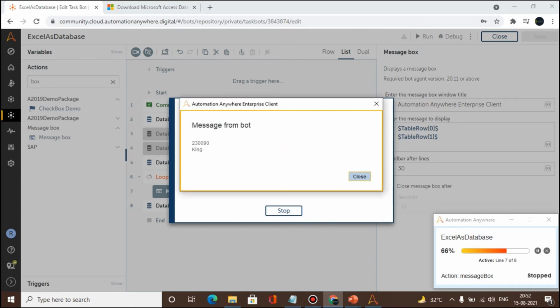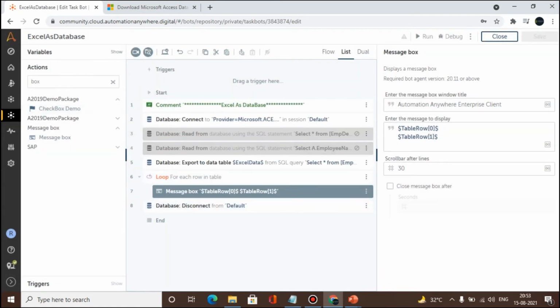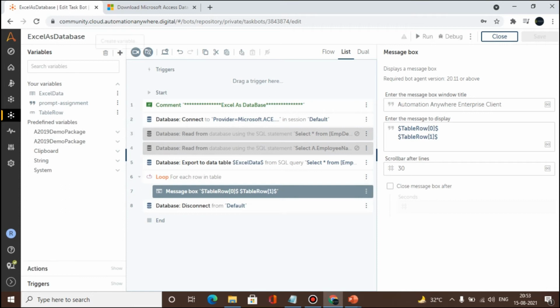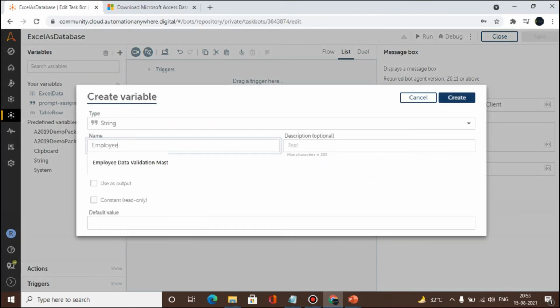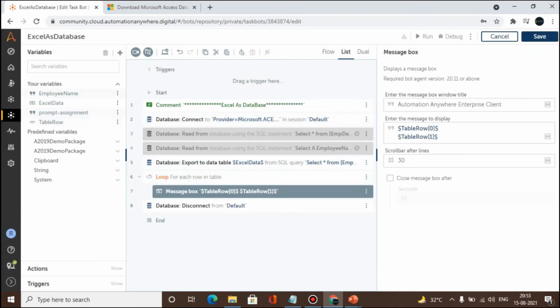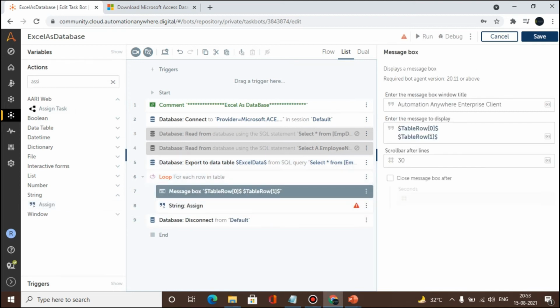Okay, so what you have to do here, let's say I am just going to create a variable called employee name. Okay, and now I'm going to use assign. So I'll go with the string. Now let's get this.